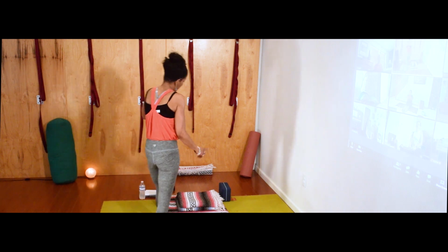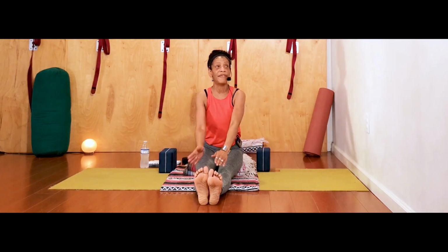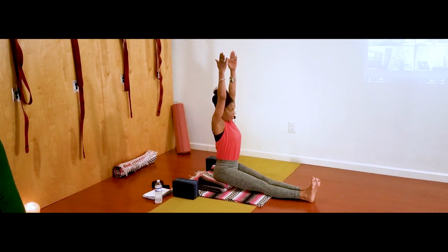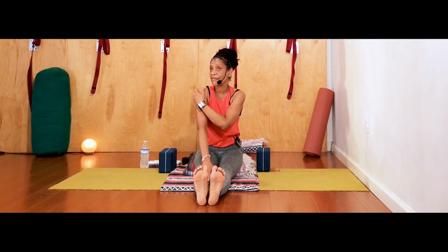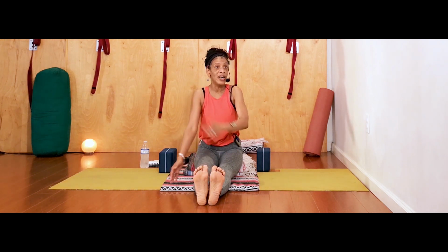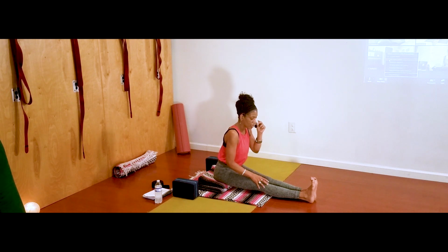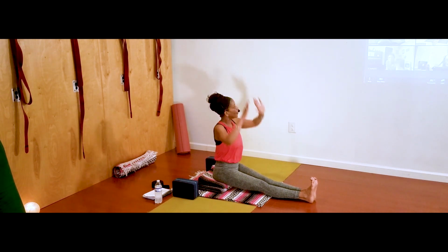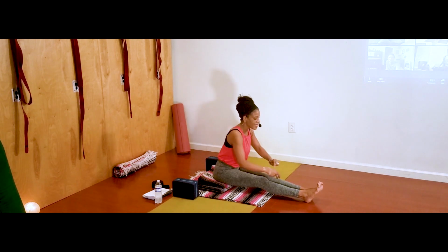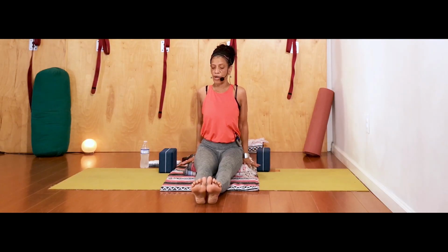And one thing that you can do, Lisa, because I have to do the same thing, is if you have shoulder or neck issues, even sometimes this action of interlacing can be very difficult. So if you can't do that, take the hands apart and the arms as far as you can, okay? So press out from the inner thigh to the inner heel, and you're pressing as if you're pressing the gas